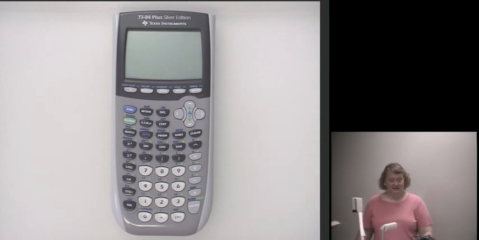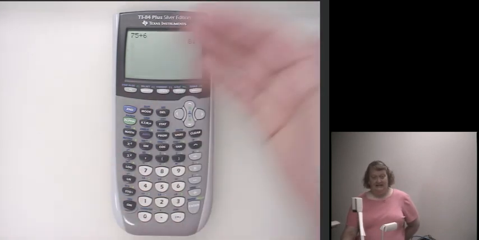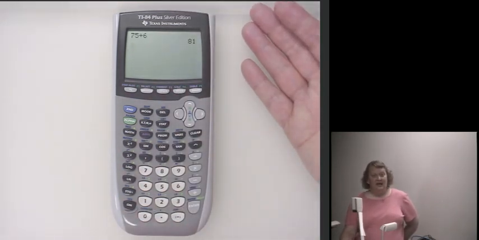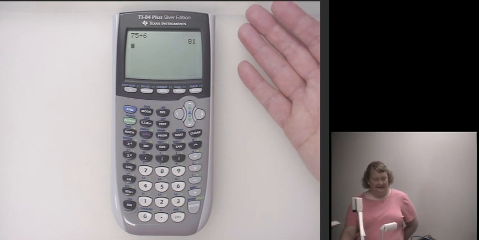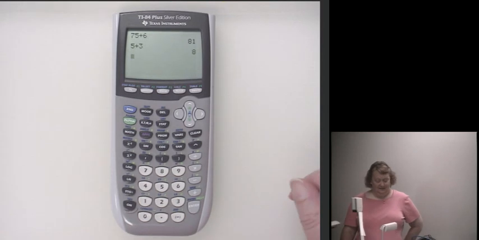This one is on some basic terminology that we will use when we're discussing the calculator. One of the first ones that is not intuitive in using the calculator is the phrase home screen. The home screen is that screen where we do our calculations. That's just the basic screen, and so we call it the home screen. And that's the one where we do our calculations, where we do 5 plus 3 to get 8 and